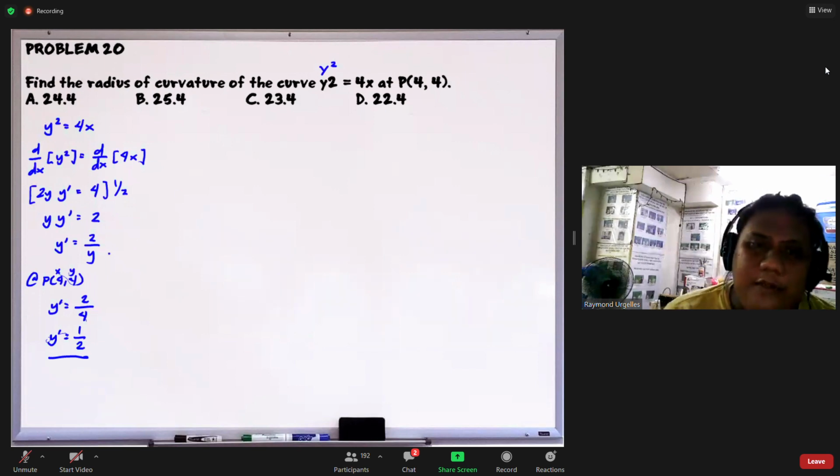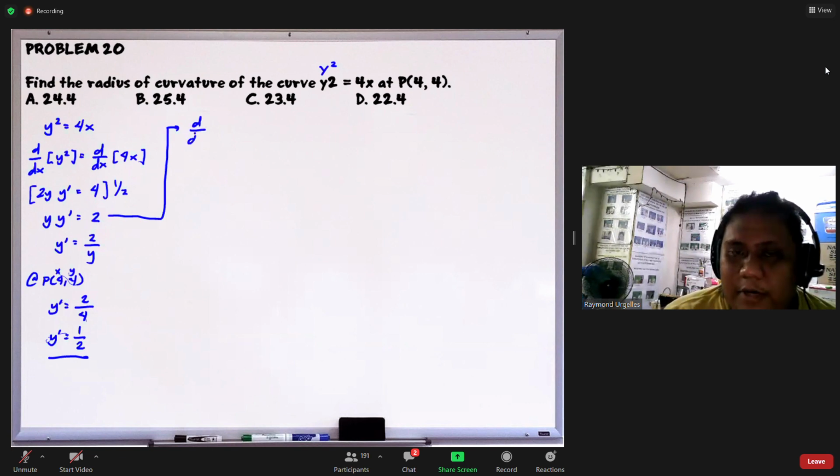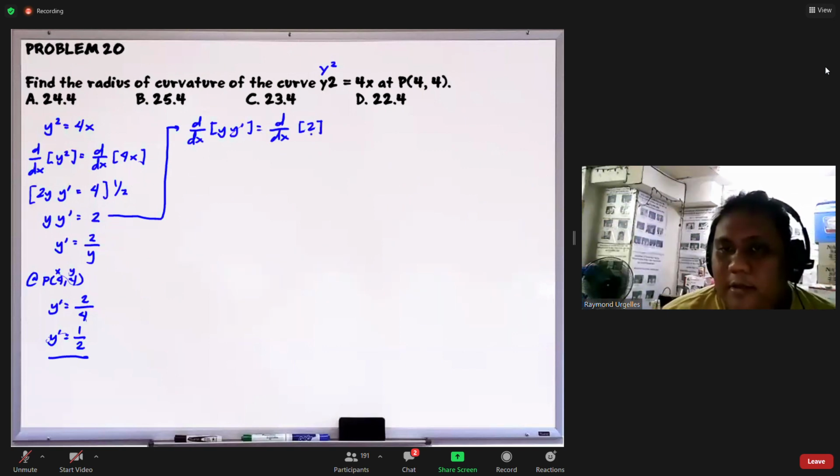For the second derivative, we can solve it using this one. If we get the derivative with respect to x of y prime y, this is equal to the derivative with respect to x of a constant. By the product rule, this will be y times the derivative of y prime, which is y prime prime, plus y prime